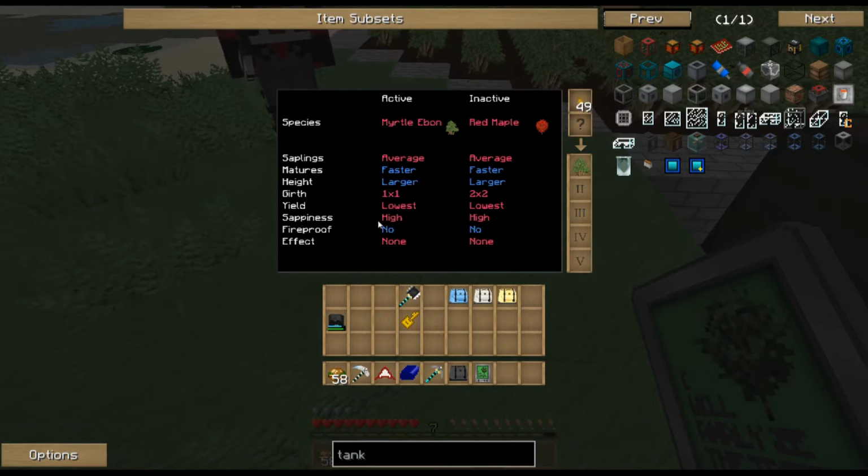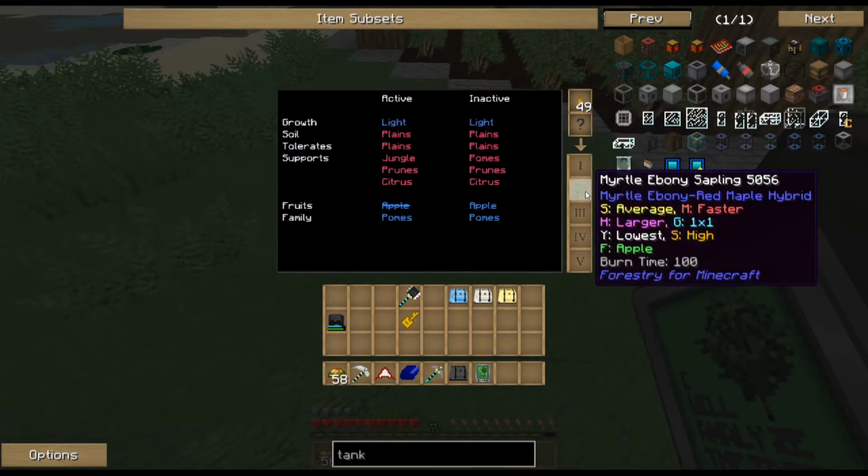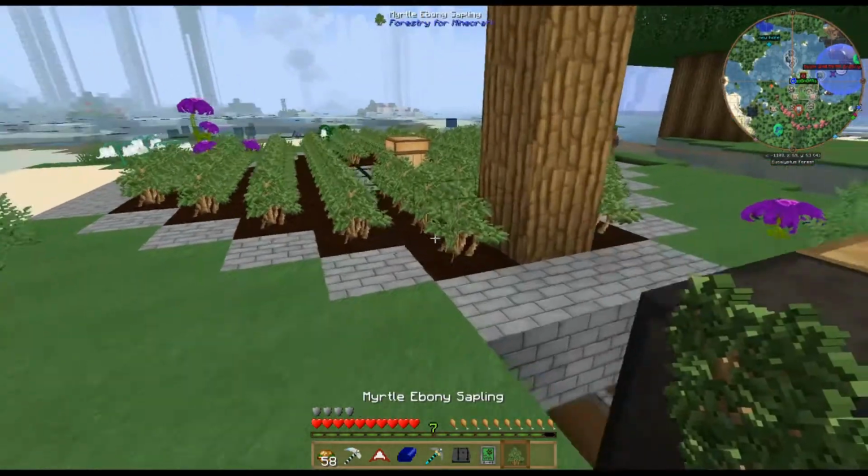The sappiness is high, which I just got today. That means that we'll get a lot more biomass fuel, I believe is what it is, from these saplings, and that's what I wanted. I want a lot of saplings, and I want a lot of biomass from them. And these also have a chance to drop, nope, these will not drop apples. Okay. I think they have a possibility to drop apples, but it looks like the active is no apples. So we probably won't get any apples out of these, but